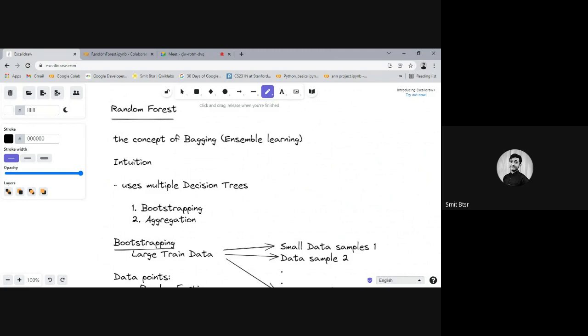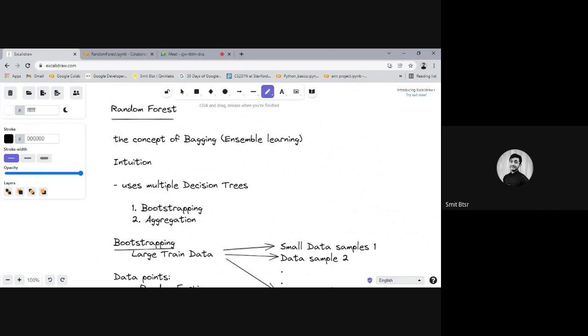So let's start with the basic concepts of random forest. I hope this intuition was a little bit clear, a similar concept is used here as well. Random forest uses decision trees. Before moving on, let's see what the concept of bagging is. Whatever I just told you, how these people collaborated, took all the different answers from each other, and then voted and concluded that this would be the answer, this scenario of working together is like bagging.